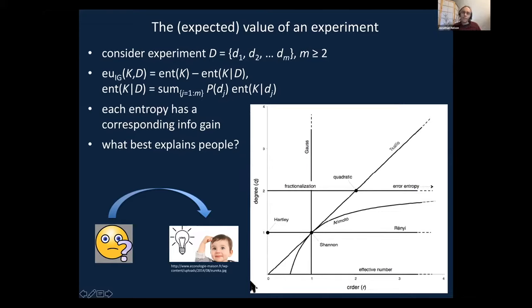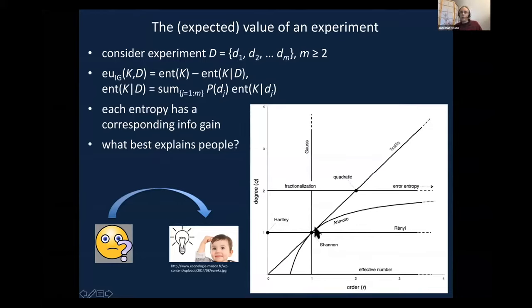And the key ideas here, so in the vertical axis, which I call degree, it's how do you measure surprise? So for instance, for Shannon entropy, it's the log of the inverse of the probability of the event, and what kind of an average is used, that's the order parameter. But we've got two parameters, and once you specify those, then you have a specific kind of entropy function. And we can ask, well, what would be compatible, for instance, with a preference for split half questions on the 20 questions game? What would be compatible with what people do on other tasks? And how could we maybe teach about these things?